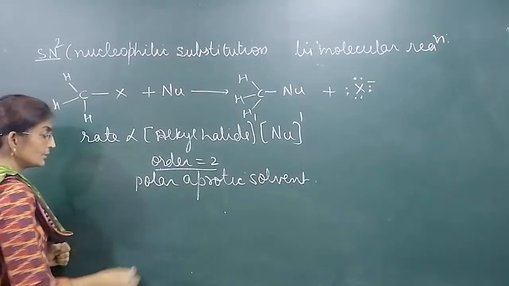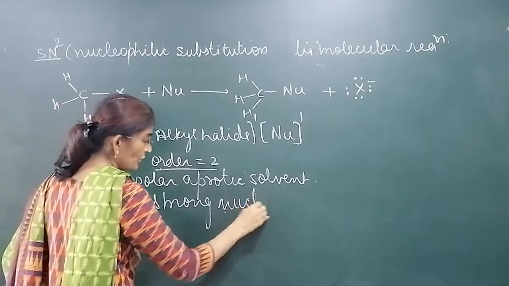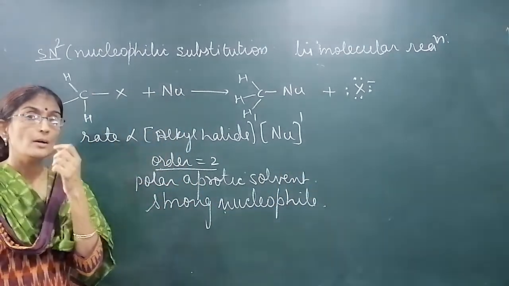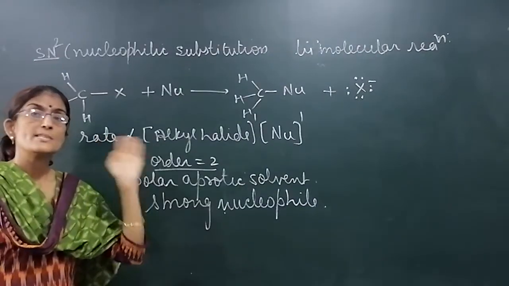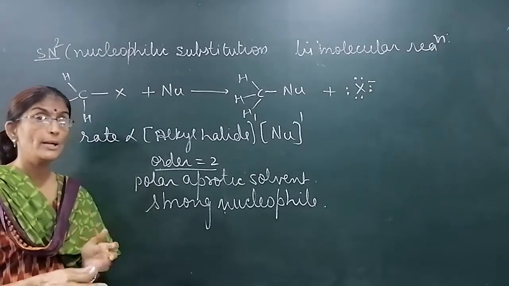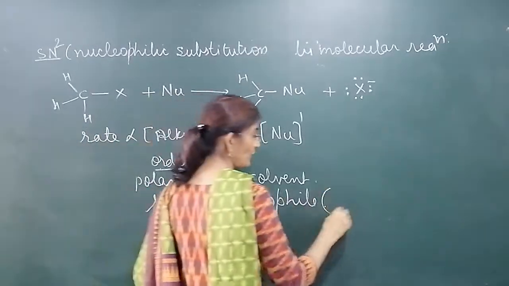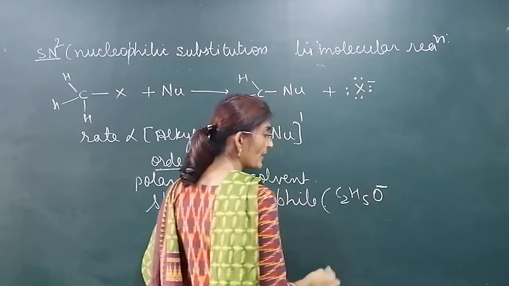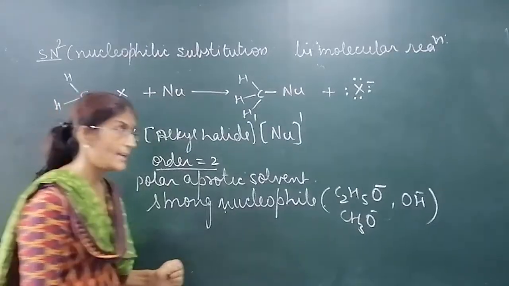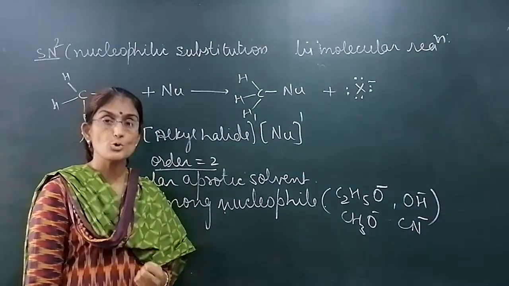do. Third thing, we require a strong nucleophile. Weak will not work. Only a strong nucleophile can undergo SN2 mechanism. Because if it is weaker, then what will happen? Halogen again combines back to the carbon and the same alkyl halide will be obtained. So nucleophile must be stronger. Then only halogen will leave and nucleophile forms a permanent bond. So ethoxide ion is a strong nucleophile, C2H5O minus. In comparison to ethanol, methoxide ion is a good nucleophile. Hydroxide ion is a good nucleophile. Cyanide ion is a good nucleophile. So whenever there is a strong nucleophile, they will undergo SN2 mechanism.